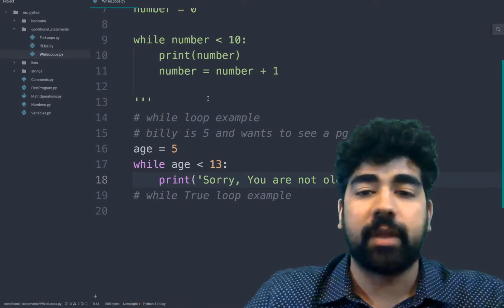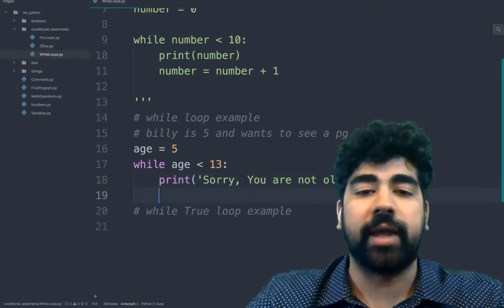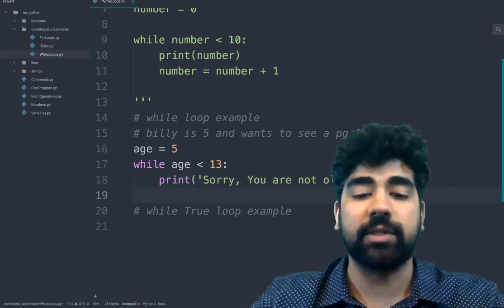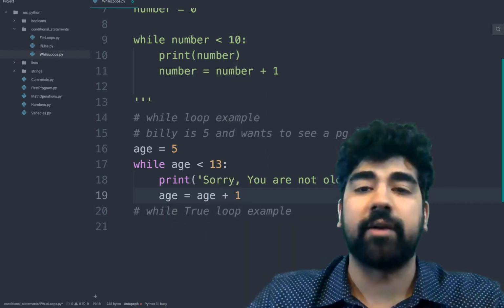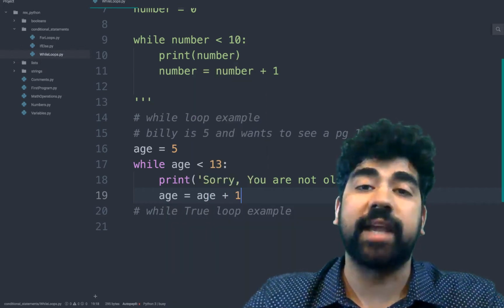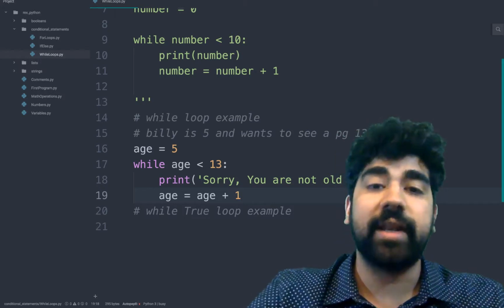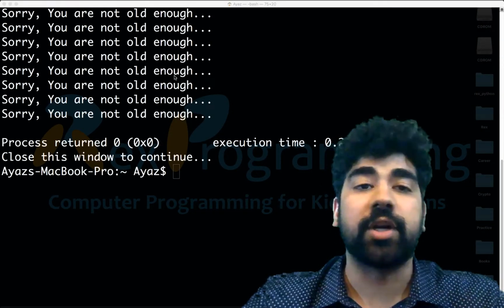and I'm going to say, okay, after you print, sorry, you're not old enough, let's change age. Age will be age plus 1 now. So we'll add a year to his age every time. Let's try it now. And you'll see, sorry, you're not old enough,